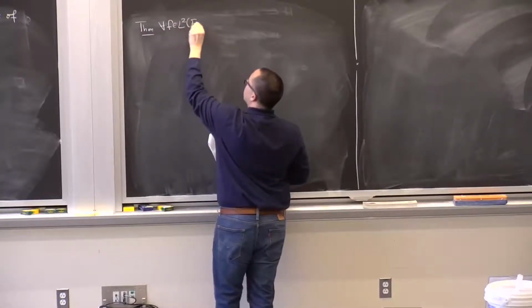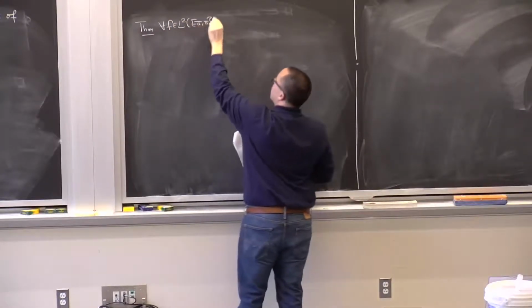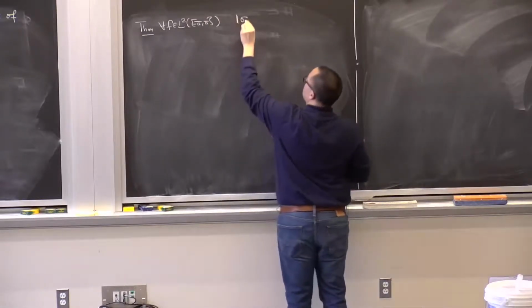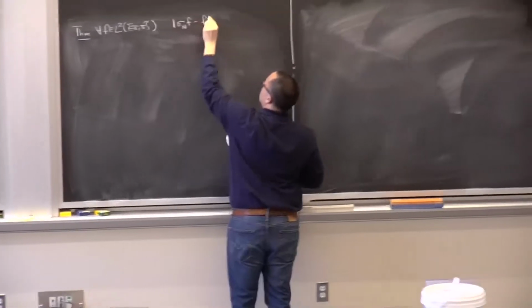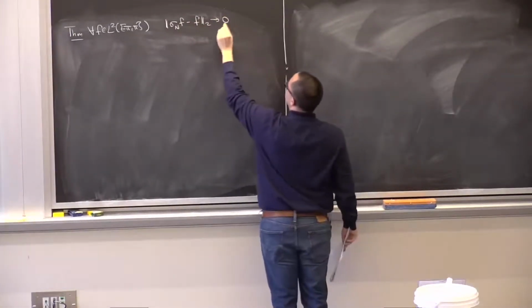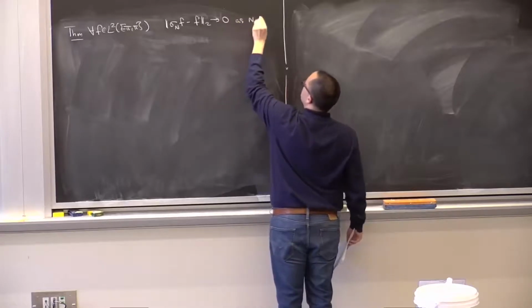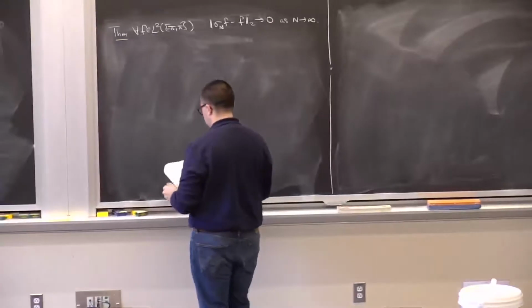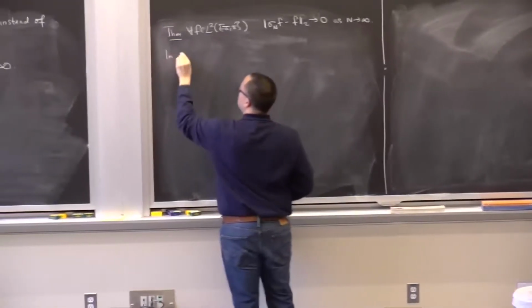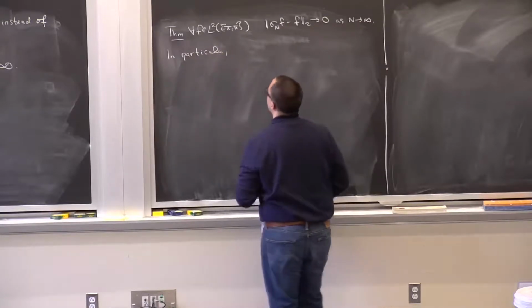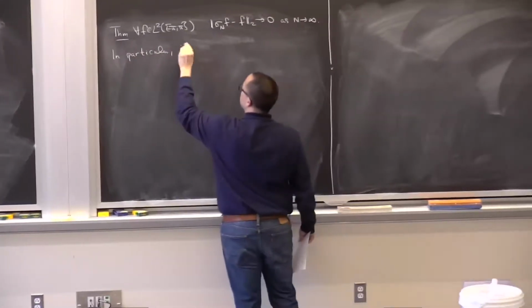For all f in L2, the Cesaro means converge to f as capital N goes to infinity. In particular, we get as an immediate corollary